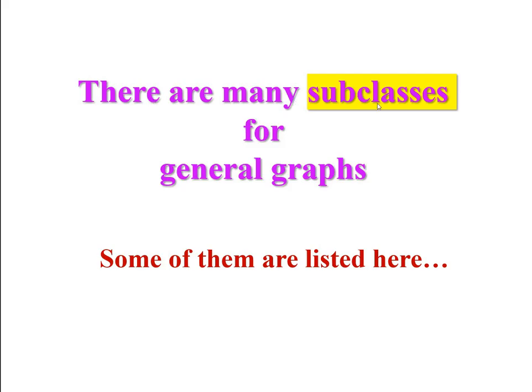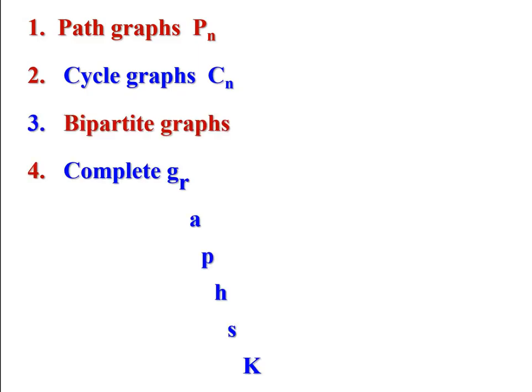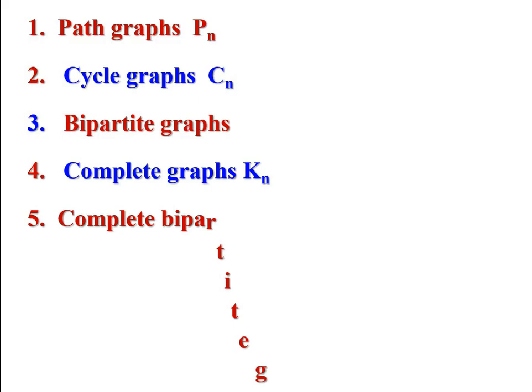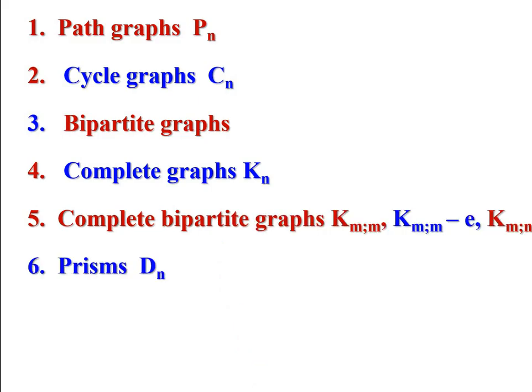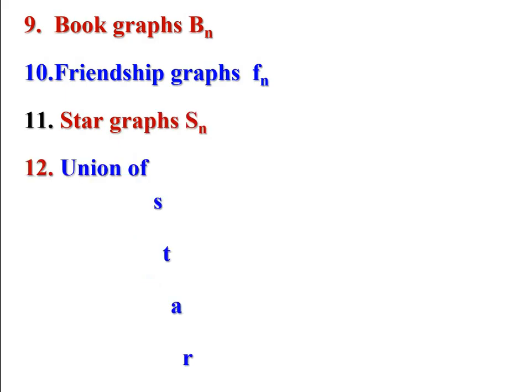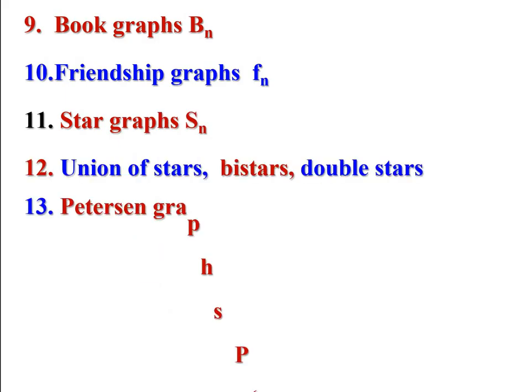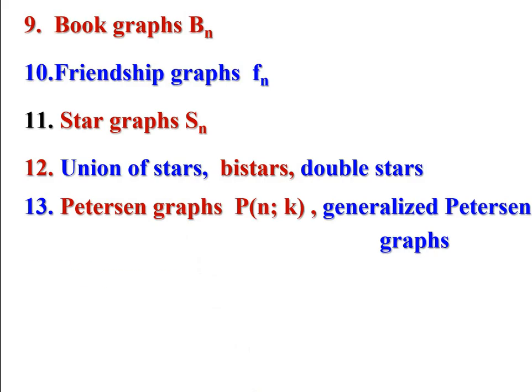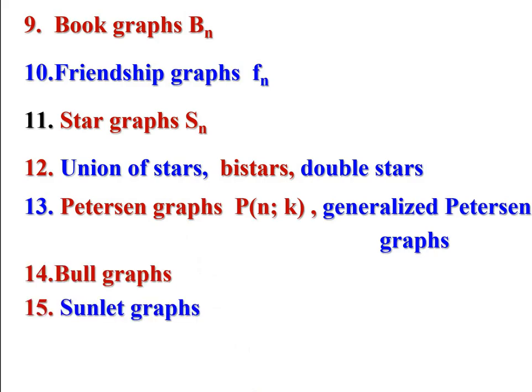Now there are many subclasses for general graphs, so we are going to list out some of them. Path graphs denoted as Pn, cycle graphs Cn, bipartite graphs, complete graphs, complete bipartite graphs, prism graphs, wheel graphs, fan graphs, book graphs, friendship graphs, star graphs, union of stars, bistars, double stars, Petersen graphs, generalized Petersen graphs, bull graphs, sunlet